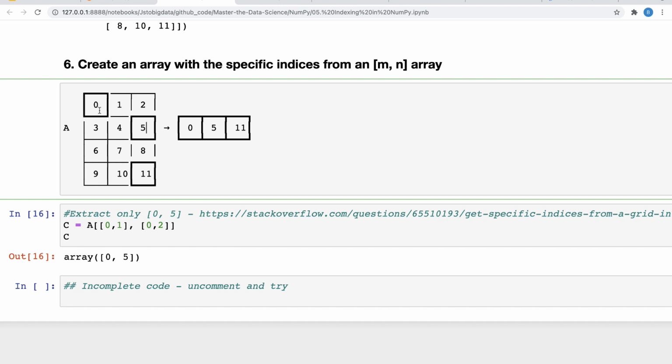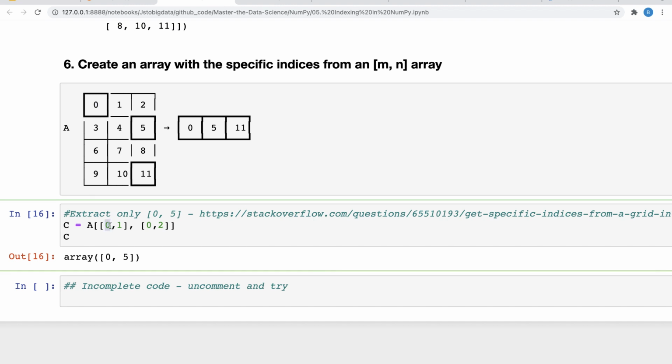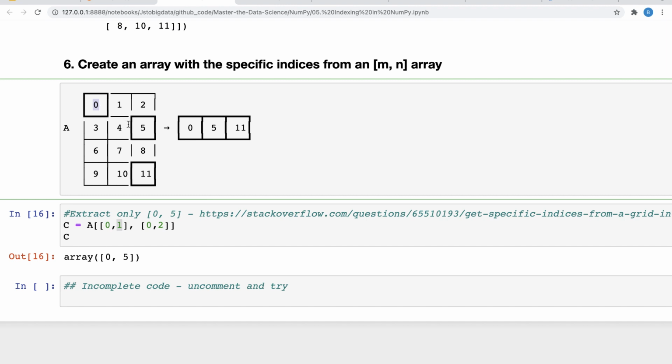So what are the row syntaxes? Row syntaxes are 0th row and 1st row, right? I want something from the 0th row and the 1st row. And what are the column syntaxes? I want something from the 0th column as well as from the second column. So this is what I've done.